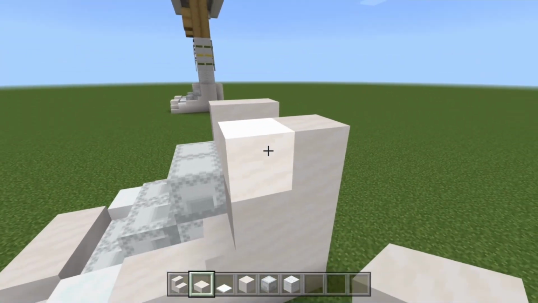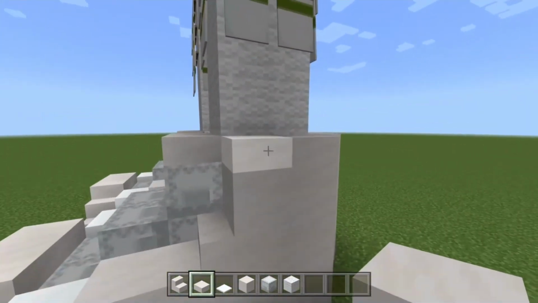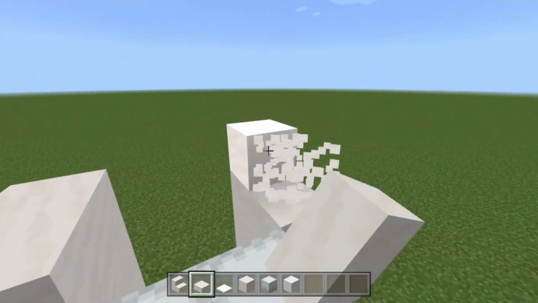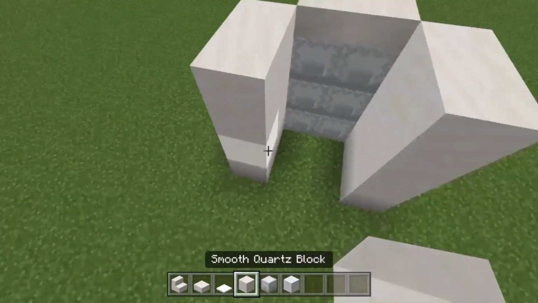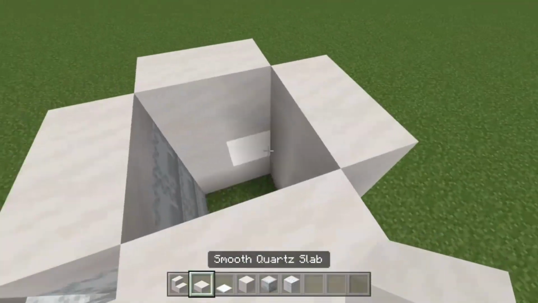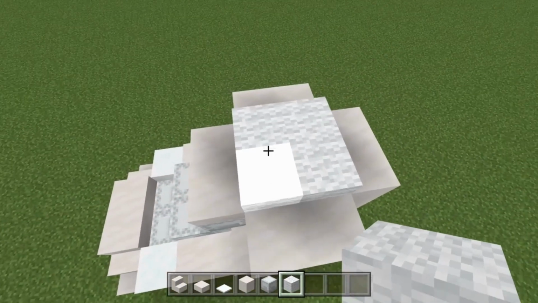So let's go ahead and switch this up to slabs, I think. Yeah, okay. Let's go for 2 slabs up here. We need to do 2 slabs on the other side and 2 on the shoulders, here and here. Then we'll go directly back from this one, so we'll go diagonally up for 3 blocks on both, and then slabs as well. And then we'll take our white wool, filling in the slabbed area, and we're going to